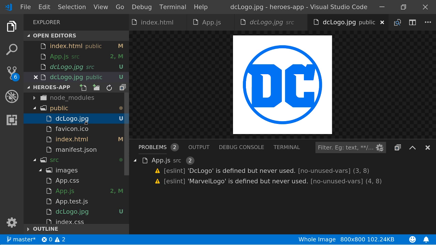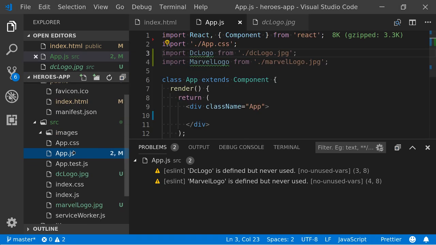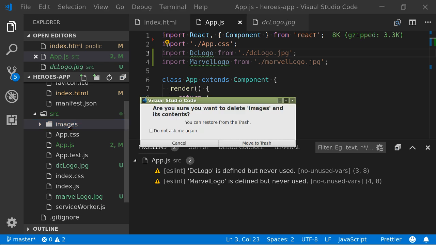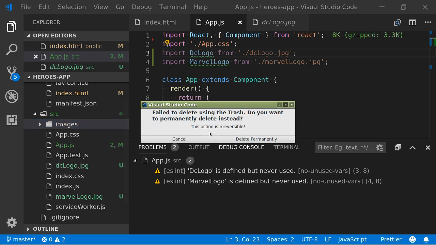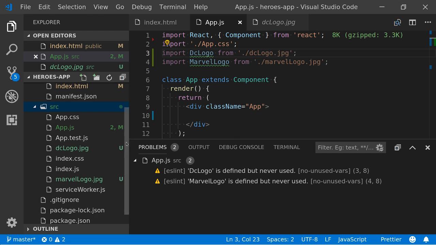So I'm just going to delete those again. Don't need them. And the point earlier that the guy here made about organising our files, sometimes it would make sense to have a common folder if your images are used by lots of different files and components. But for now, I'm just going to keep everything in the same folder to keep it simple. Not the best practice, but it makes it easier for tonight.